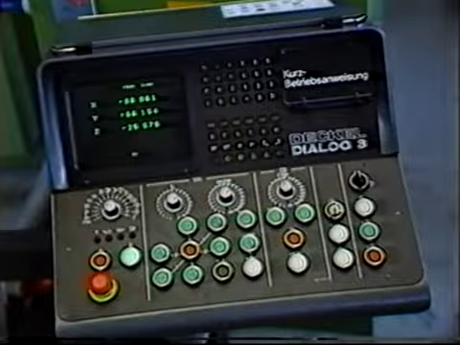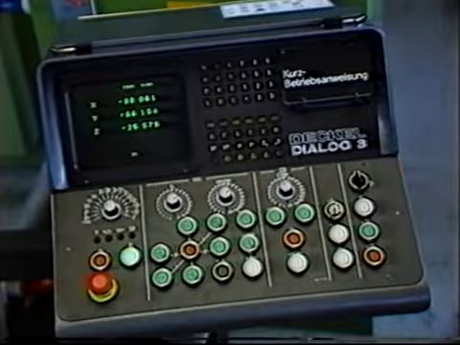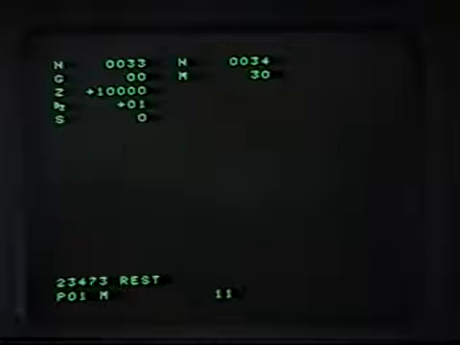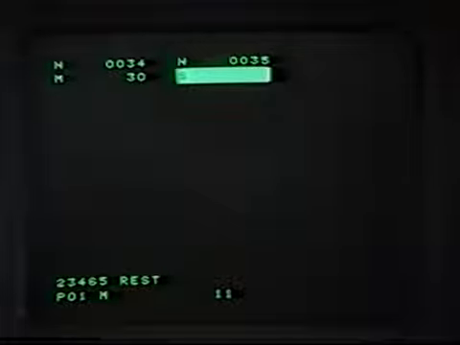Seen from the outside, the control system can be divided into three major components: the video screen, monitor, the programming keyboard, and the machine control panel. The screen shows the operator the information he needs at all times. Actual values are shown in large display during machining operations. At least 2 complete blocks are displayed on screen when programming.